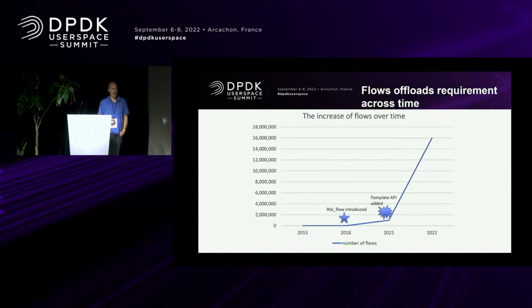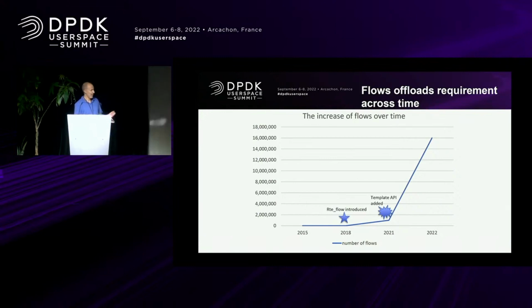In this graph, we see the years on the x-axis, while on the y-axis we see the number of flows that the application requests to insert. As you can see, from 2015 to 2018, the application didn't request many flows. They were basically just control flows: match on ETH/tag, do RSS, and drop, that's it. Later on, applications decided to request more actions, more items, and the number of flows increased. By 2021, we reached around 1 million